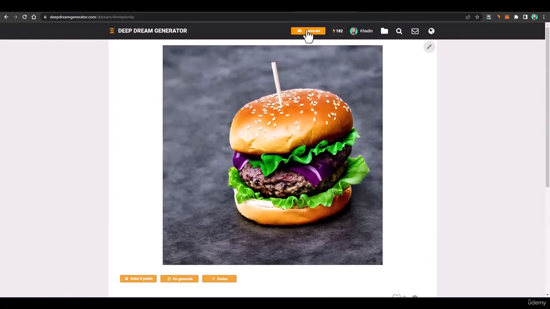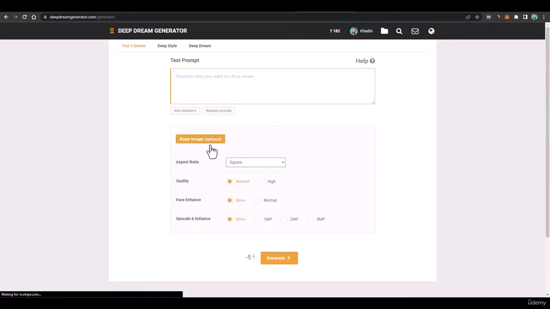And one more thing that we just left is, again, I'll just click on generate, and we just left something, which is this base image. We can also generate amazing art using this base image. And now we'll be using the base image to generate amazing art. So from the stock photos or anywhere else, you can select an image. You can upload a photo of your own as well, and add effect to it.